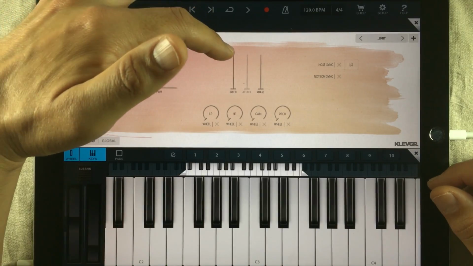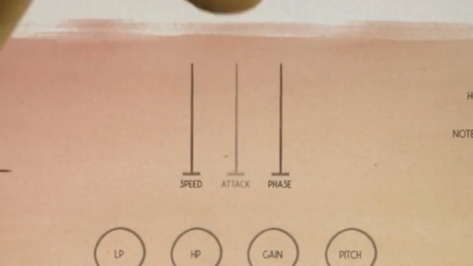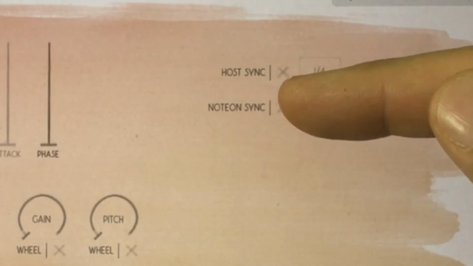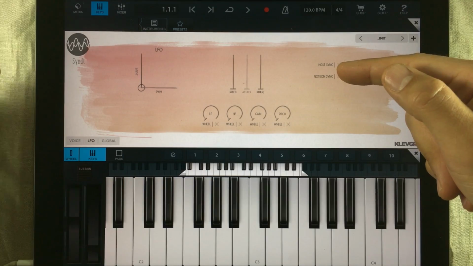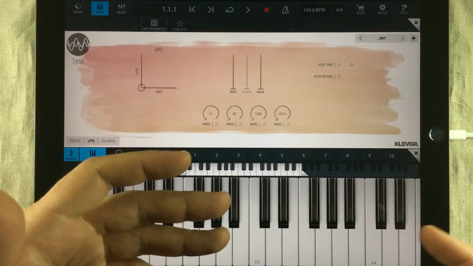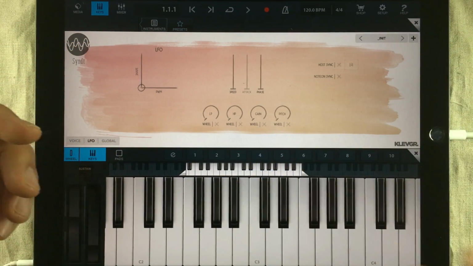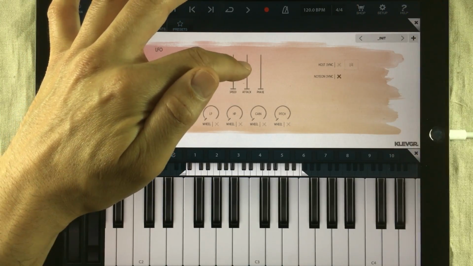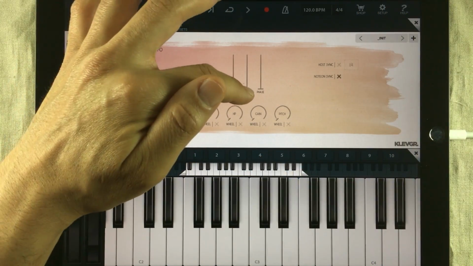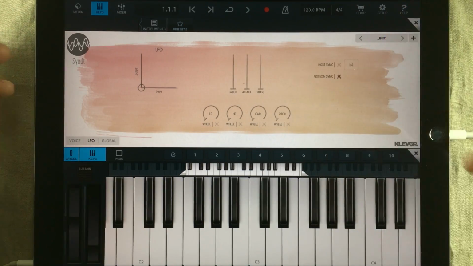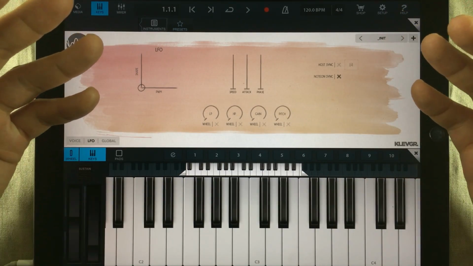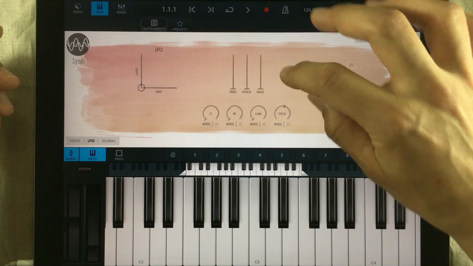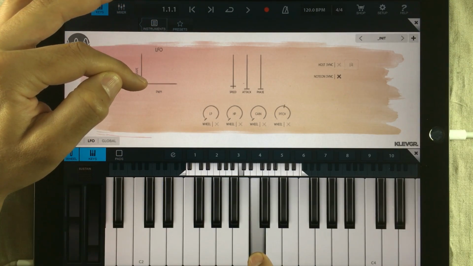It has a speed setting and attack setting, which is grayed out now, and that's because we got the note on sync right now, meaning the cycle of the LFO will restart every time a new note is played. So if I turn this off, then we can see that the attack option is no longer grayed out, and I can now set the LFO attack speed. And lastly, there is also a phase control. So if we want to modulate the pitch, we just pull up on this one, add a little speed,